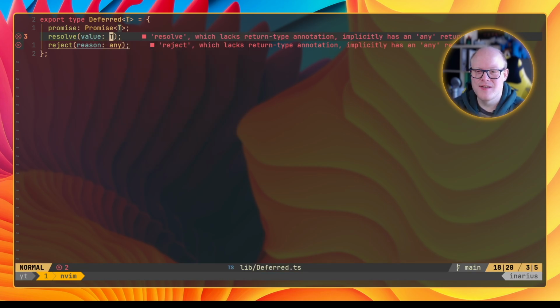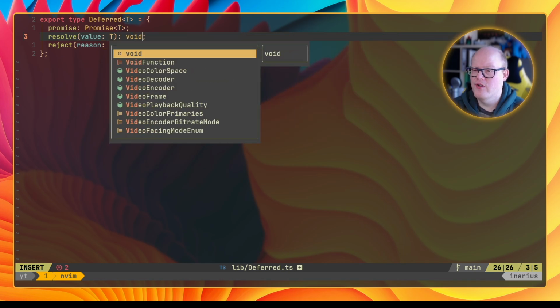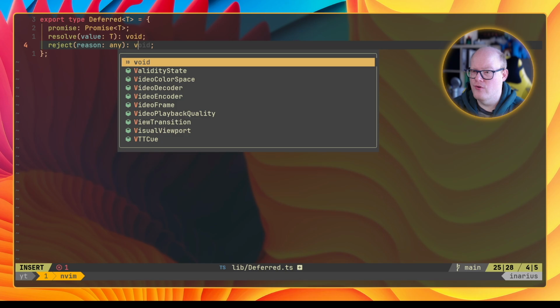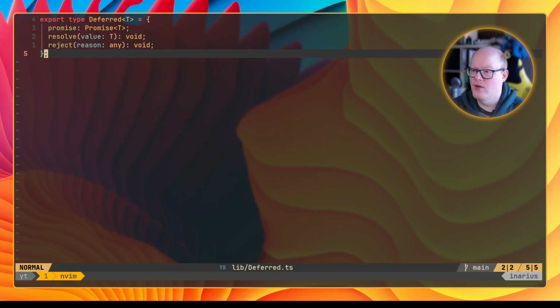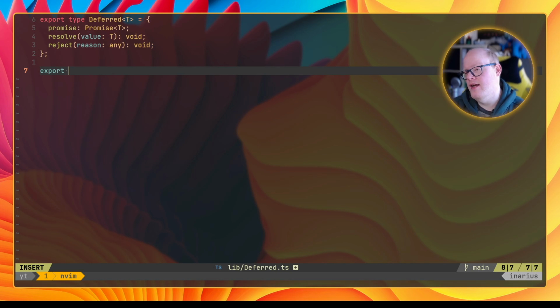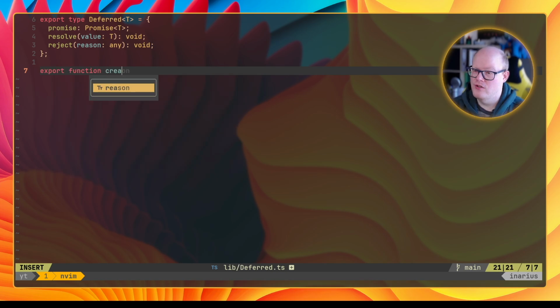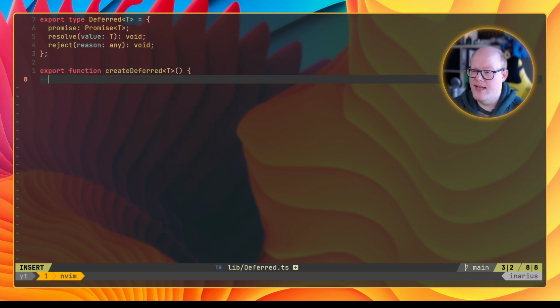Okay, I need to do this the other way around. Which leaks return type? Yes, this one returns void, and this one returns void as well. So that's our type actually. And then we have something like export function createDeferred over type T, and it will create us